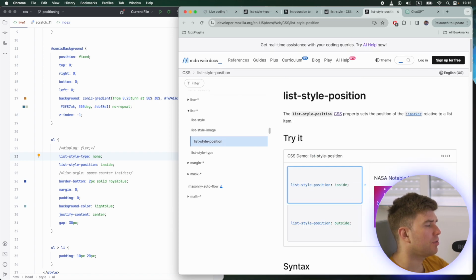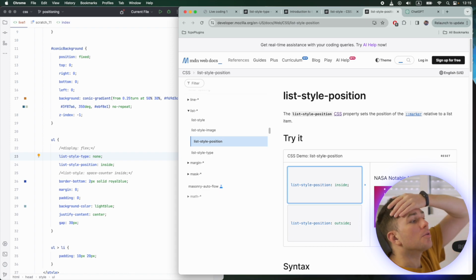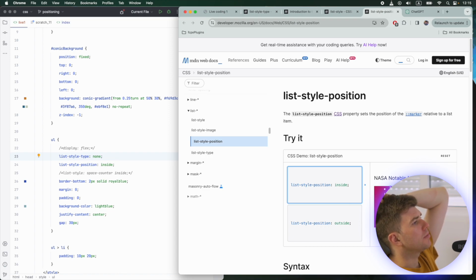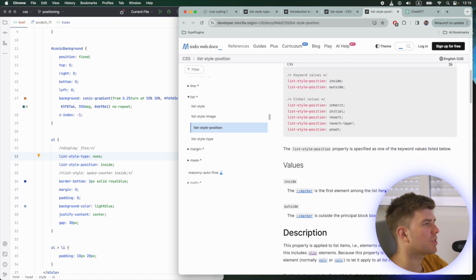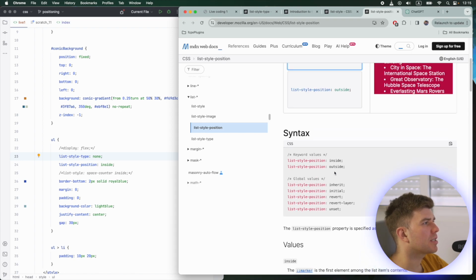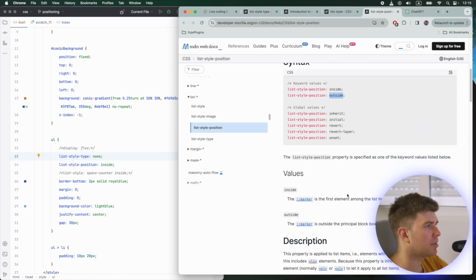I wasn't aware that we can regulate where the list item, I don't know how to call this actually, thingy is positioned. So what I'm wondering is there are only two major values, inside or outside, and